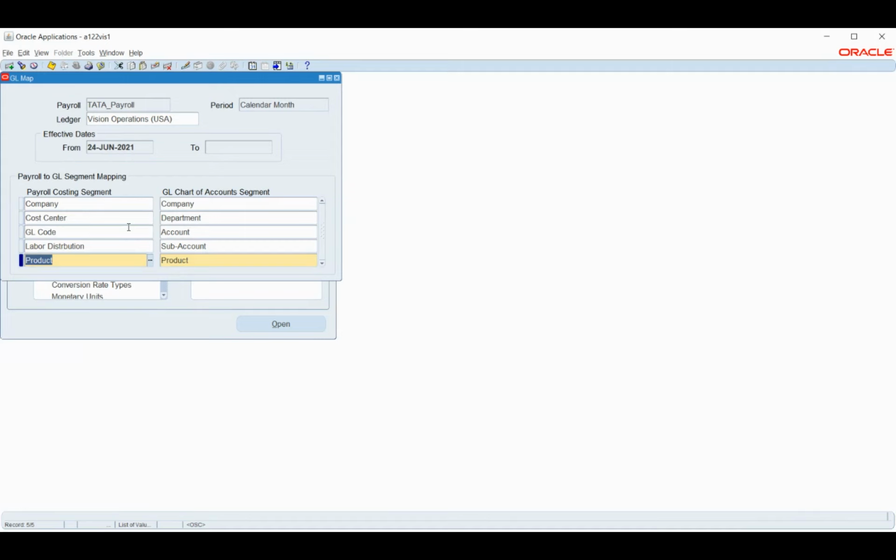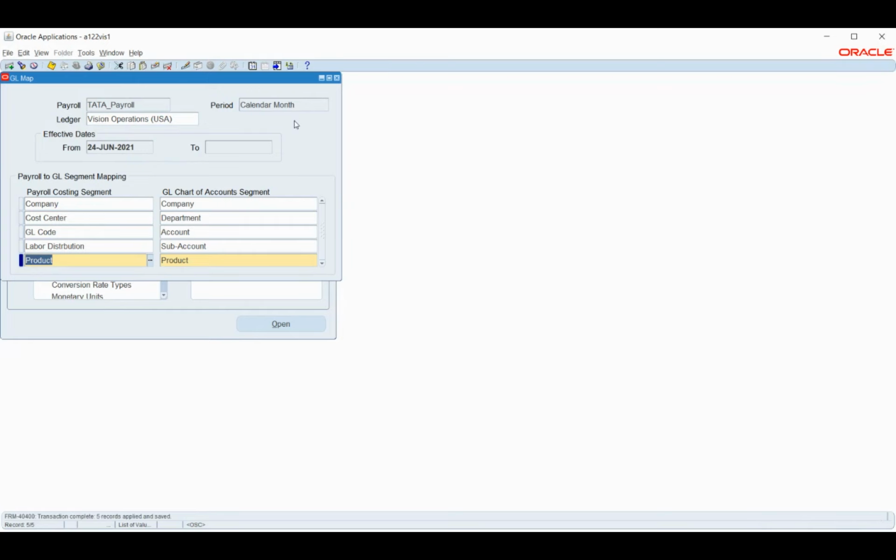Unless we do the mapping, the system will not understand, because the data flows through as a cost center, but when it reaches the GL module, it is department. The system will not understand how this data should be handled. So we are creating a mapping between the GL chart of accounts and payroll costing segments. We are done with the mapping.